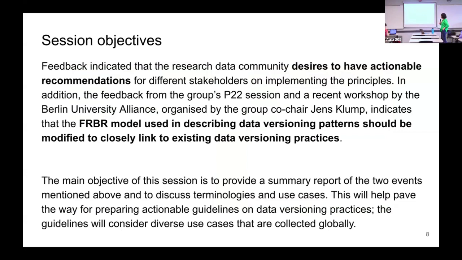Yeah. So we gave a brief introduction of this interest group. Now we move on to what we do for this session. As Yan said, the working group's output is 10 principles, but the feedback we got from the RDA community and other groups we communicated with is that people desired to have actionable recommendations. So the principle